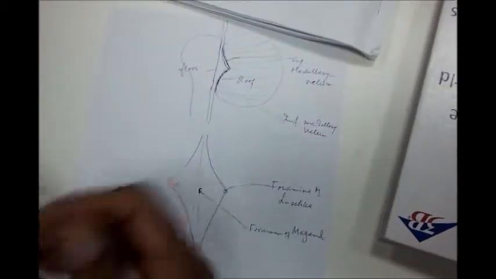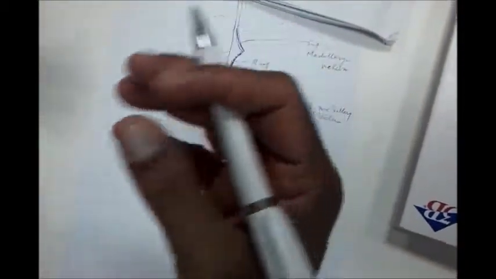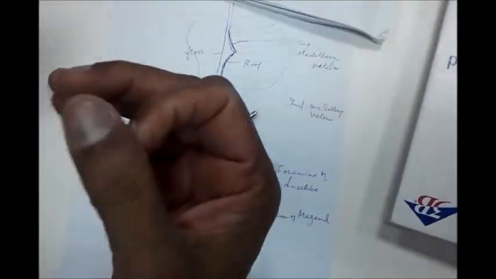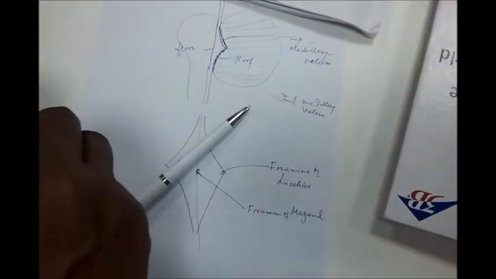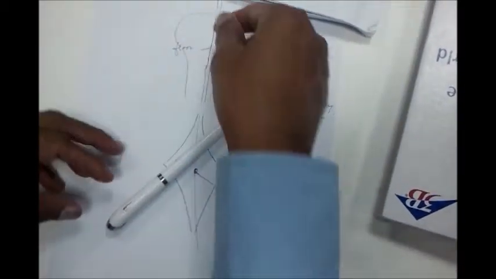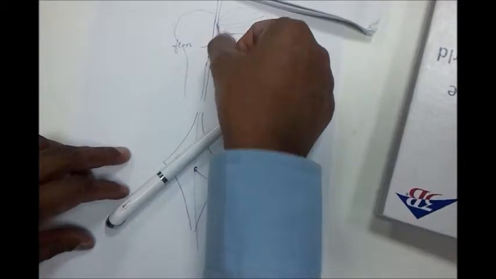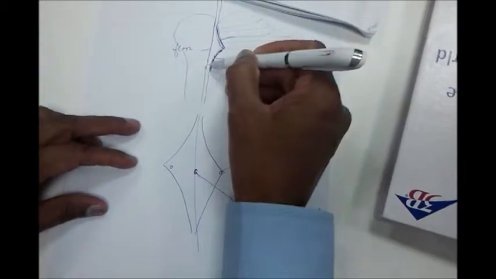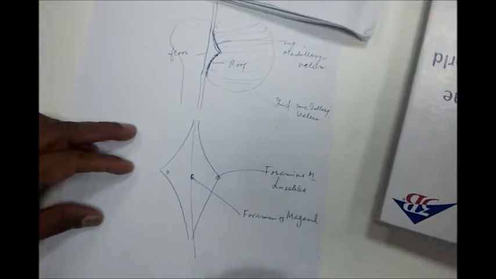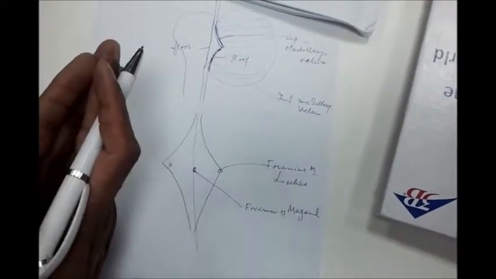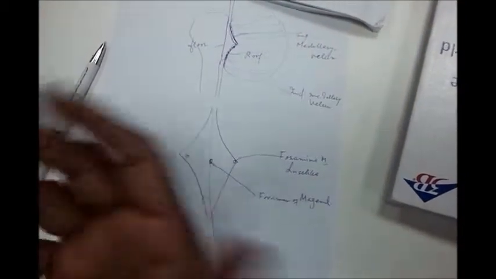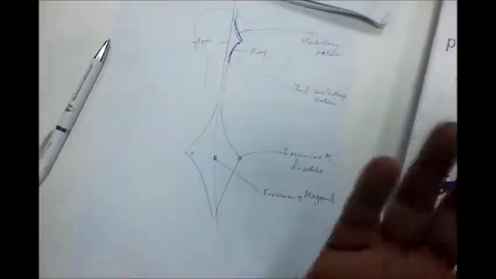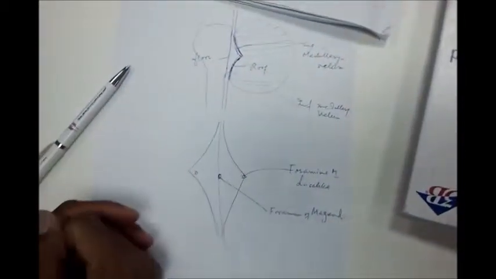CSF is constantly produced in the lateral ventricle, and from the lateral ventricle it goes into the third ventricle through the two foramina of Monro. It is also produced in the third ventricle. Together they go through the cerebral aqueduct into the fourth ventricle, where it is also produced. But first they fill the central canal of the spinal cord. When this whole system is full and it is constantly produced, 24 hours a day, it has to escape out of the ventricular system. It goes into the subarachnoid space.